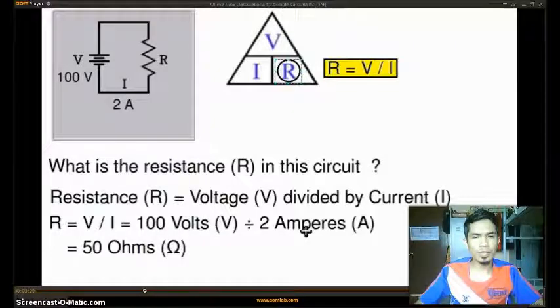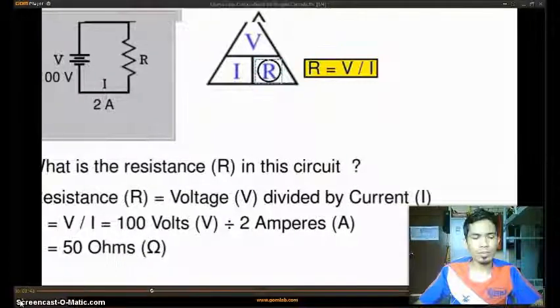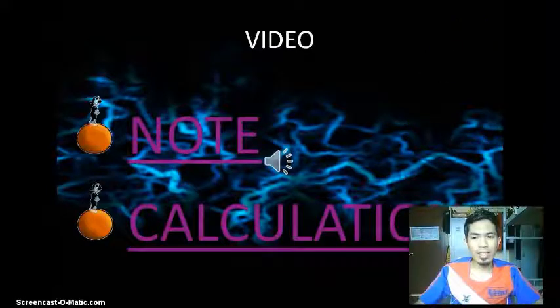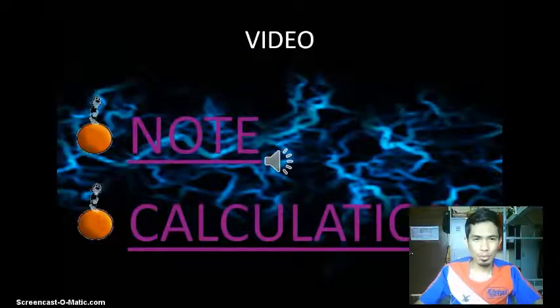Again, the same circuit, but this time we know the voltage and the resistance. What is the current flowing through this circuit? Ohm's law tells us that current I. Okay, that is how to calculate using the formula. And next, I will show you